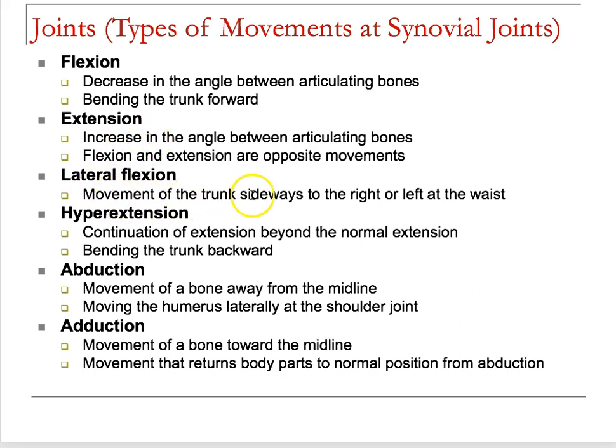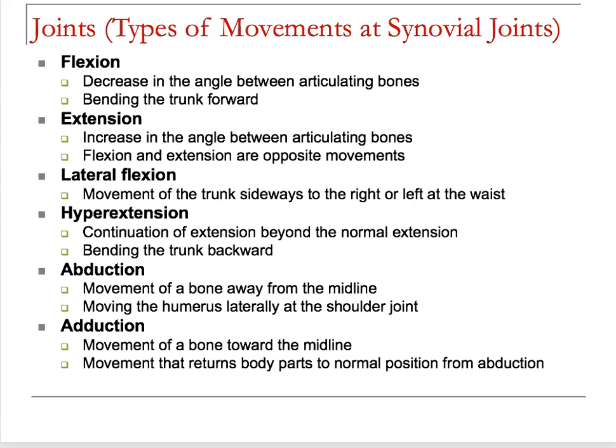Lateral flexion is sideways away from the trunk, at the right or the left. Hyperextension, of course, is to get it moved beyond its normal extension. Abduction, like I said, is movement of a bone away from the midline. Adduction is a movement of bone toward the midline, whatever the midline is for that bone. I think that's the tricky part for that one. Okay, so